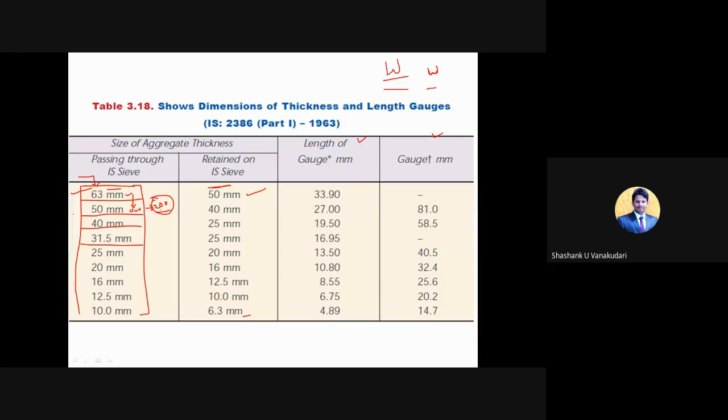And like that, next sieve size you need to consider. Again, the aggregates which are passed from 50 and which are retained in 40, again you need to collect around 200 particles, or how much is available, that much you can consider. And that 200 particles weight, again, you note down just below this. Else, here you can make a separate column. So this is capital W and this is small w. Capital W's weight you are going to write here.